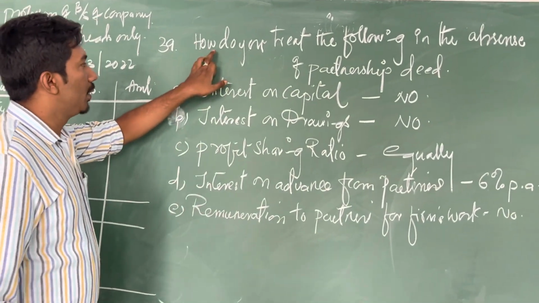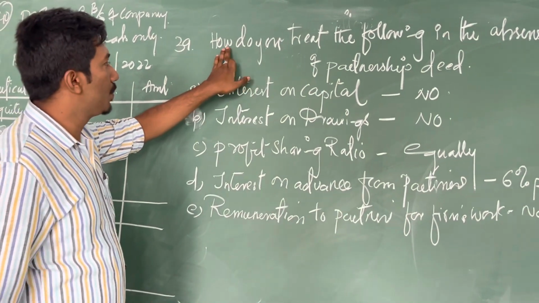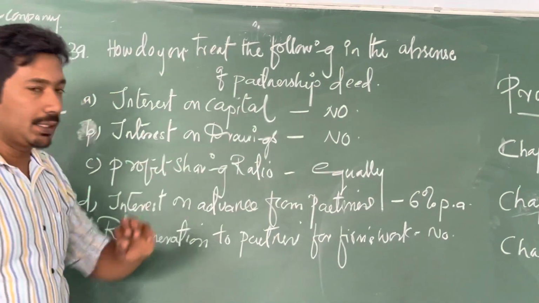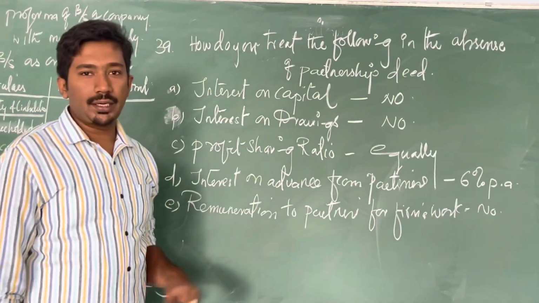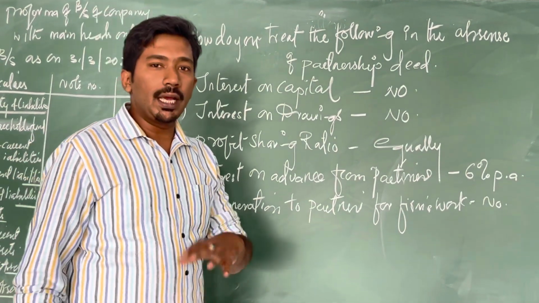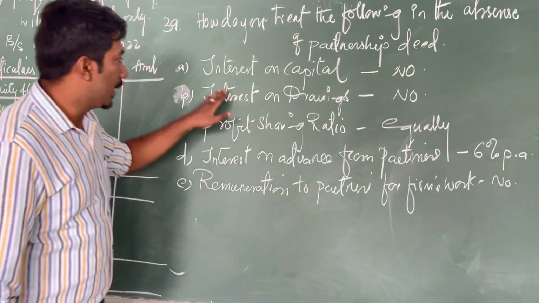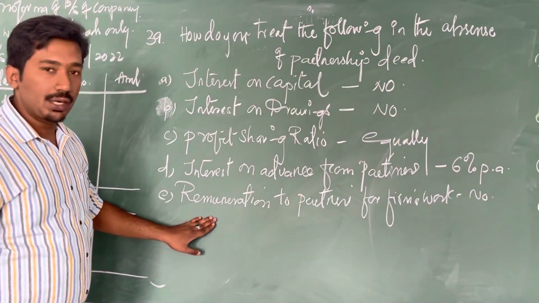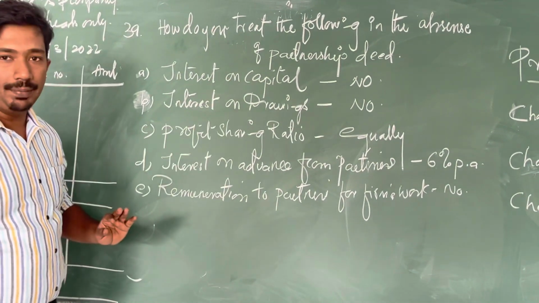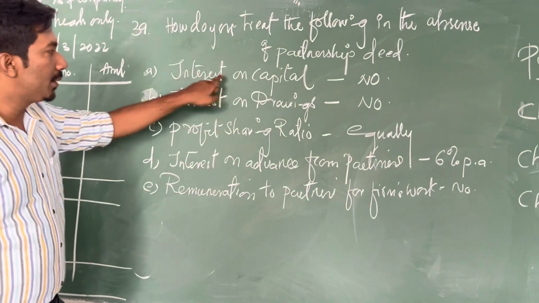Then next here we have, in the model question paper, how do you treat the following in the absence of partnership deed? If there is no partnership deed available, then these are the 5 things which are very important, how it will be dealt with if there is no partnership deed. So the first one is interest on